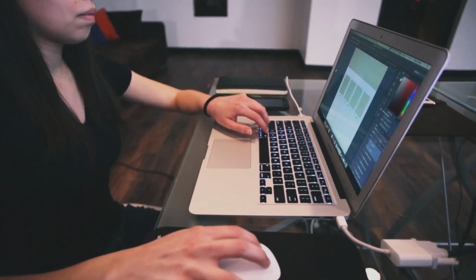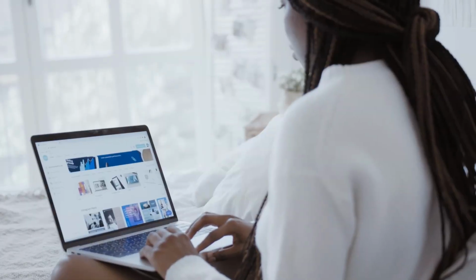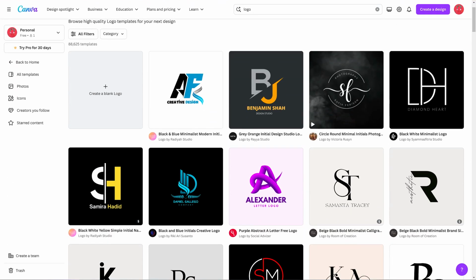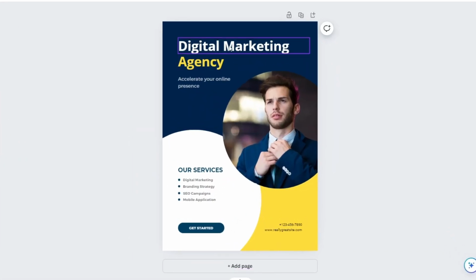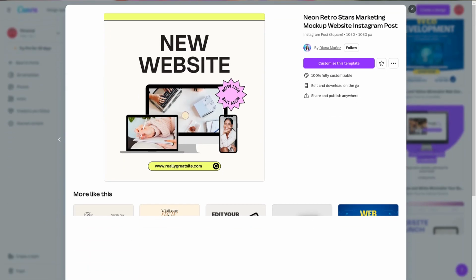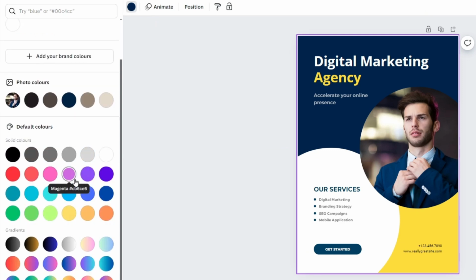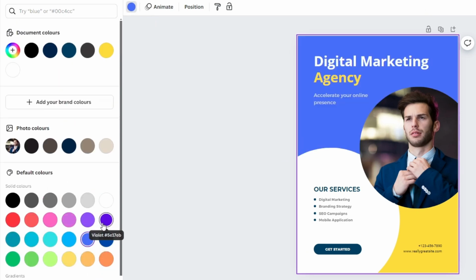A template is a digital file that someone can go in and edit that's already mostly done for them, so it's going to save them a ton of time and money. So one example could be a Canva template. This could be a logo that's already made that they can go in and change the text on, or this could be a flyer that they could use for their business and change the text on that, or even website templates in Canva. Anything that's pre-made that someone can go in and edit things like the text or the colors or the design to their liking to save them a lot of time and money would be known as a